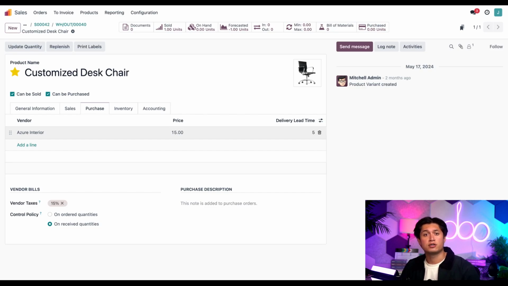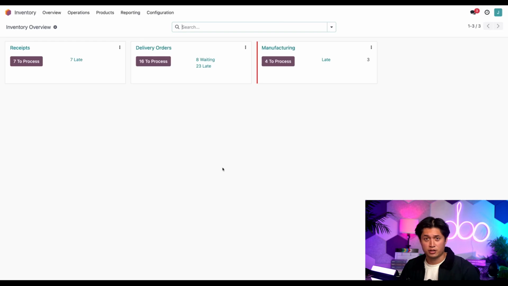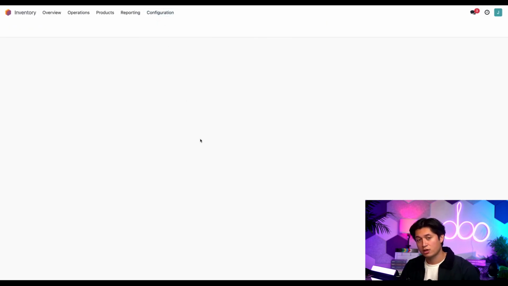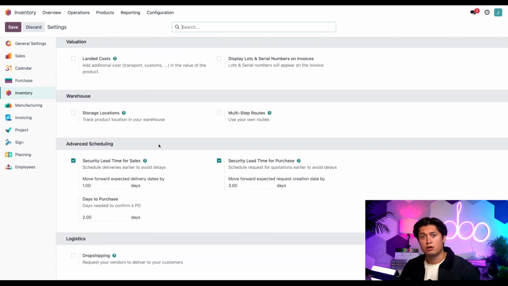Next, let's go over to the security lead times for purchase. To do that, we're going to go to the inventory application and select the configuration in the menu and hit settings. Then we're going to scroll all the way down to advanced scheduling, where we'll go ahead and find the security lead time for the purchase. And we can already see that it's activated and set to 3 days. With that in place, this means the deadline to send a quotation for this product is pushed up by 3